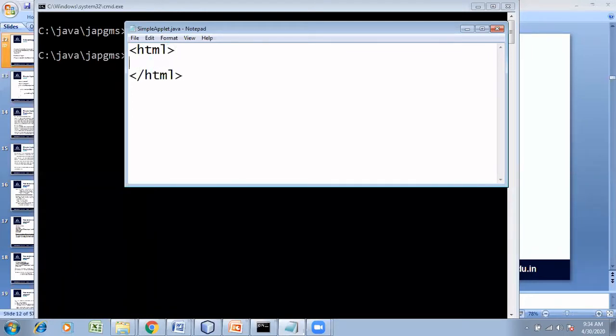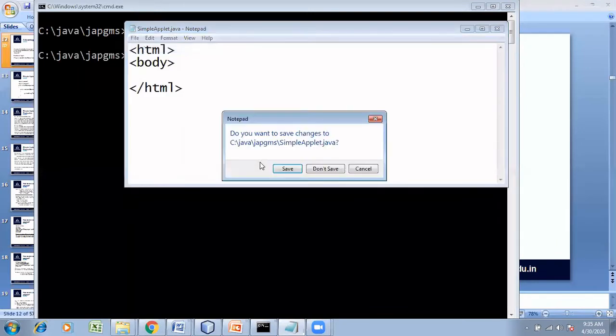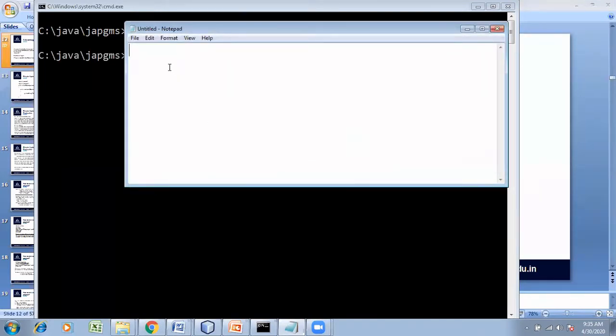Within this, you can have a heading, the body of the web page, and so on. This is a simple program, so we will have only the body of the HTML program. So I write the simple HTML program.